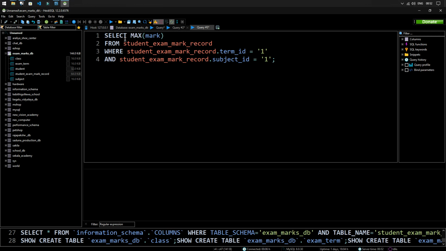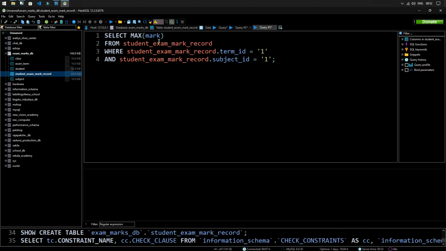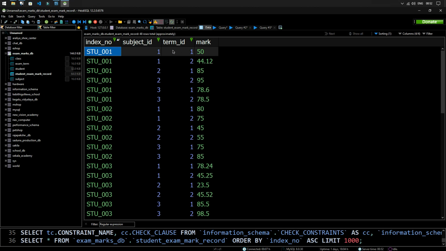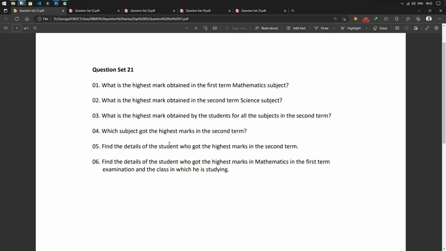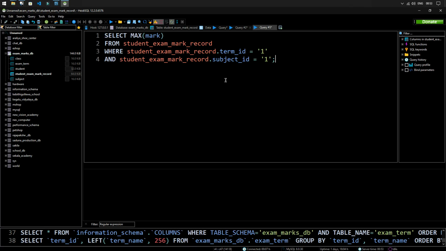Okay guys, this is the query. Select max. Max means maximum number of mark from the student exam mark record table, where the term ID is 1. Term ID 1 means the first term. Let's see, we can see it from the student exam mark record table. Here is the term ID 1 means first term. They're asking about the first term from us, so we entered the ID 1 here, and the student exam mark